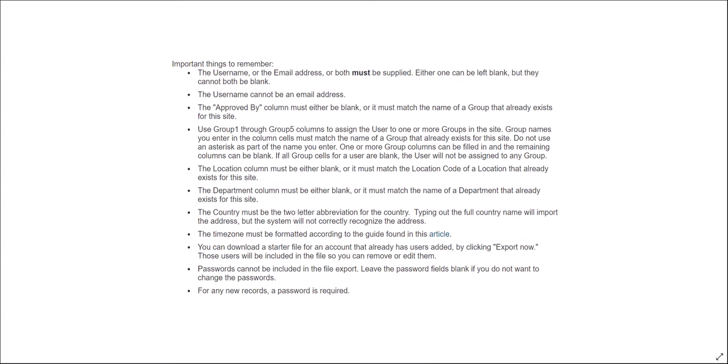A few important things to note here: the username or the email address or both must be supplied. Either one can be left blank, but they cannot both be blank. The username cannot be an email address. The approved by column must either be blank or it must match the name of a group that already exists